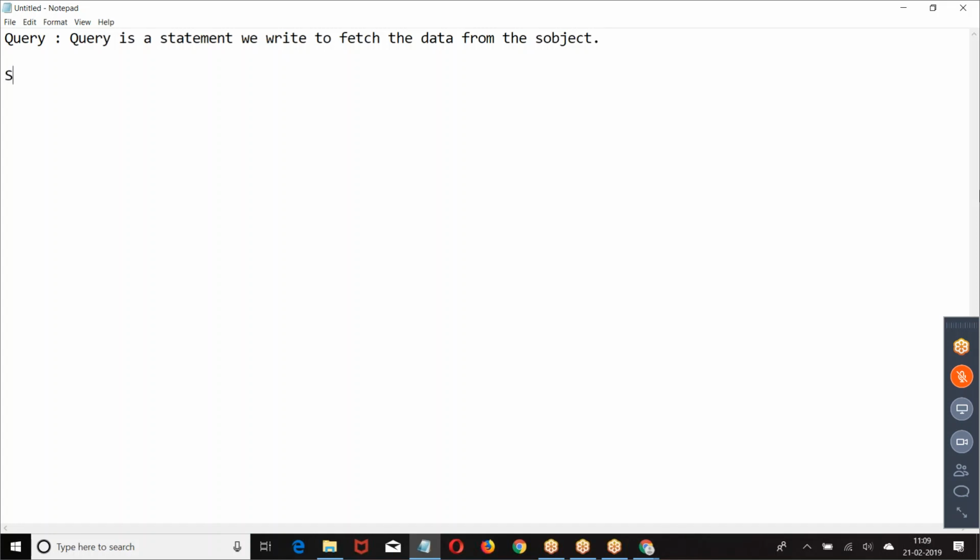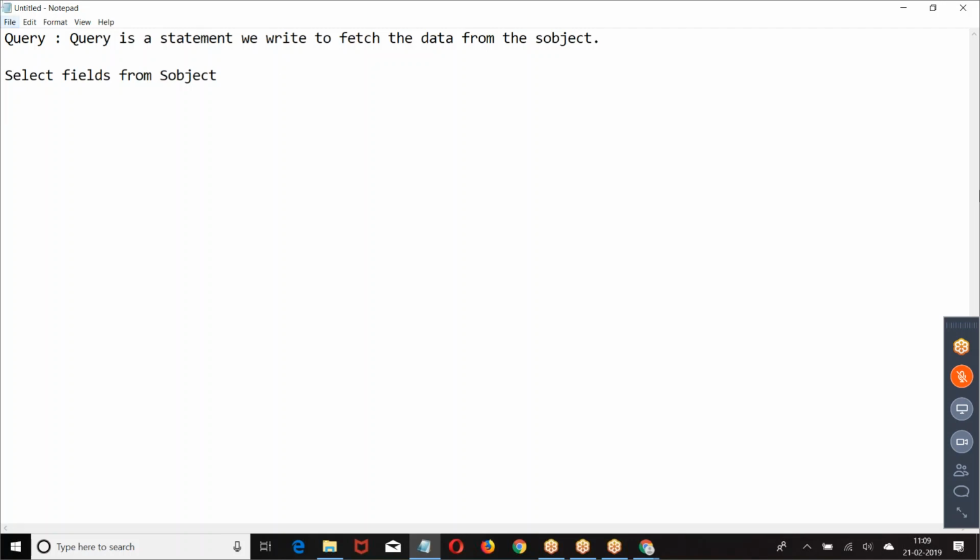Now, how do you write a query? SELECT fields FROM a source. Then we can write WHERE, OFFSET, LIMIT. We'll see that. Basic queries: SELECT fields FROM a source.